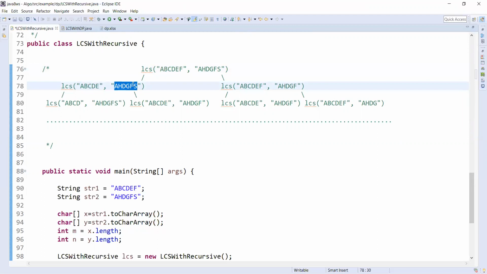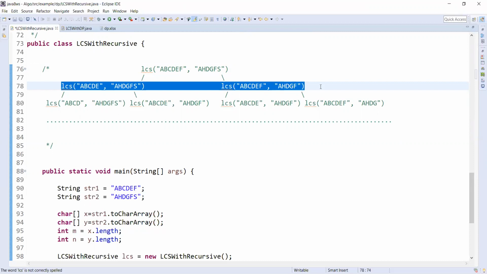And the same way, vice versa, we need to take the whole sequence from the first string, don't take the last character, and take the whole sequence from the right side. So we need to calculate the LCS of these and then take the maximum of them. That is our answer.